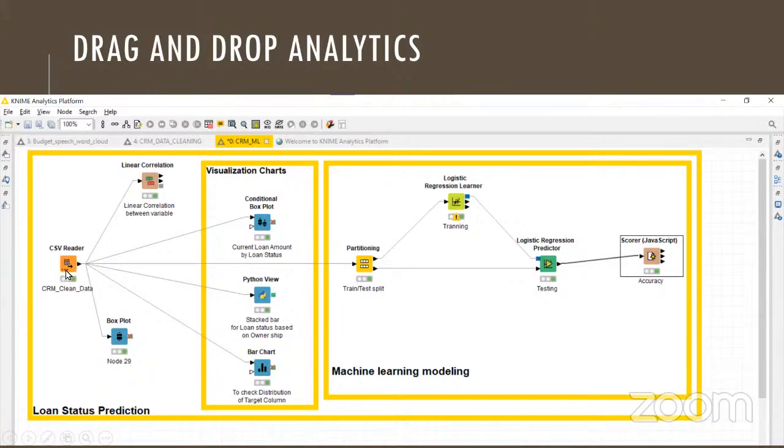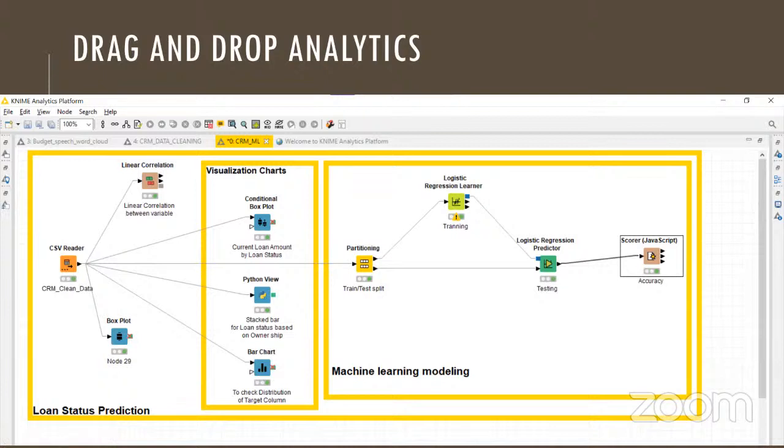As soon as I connect that Excel file, this CSV reader is a ready-made node which reads the whole file, and it tells me how many missing rows there are and what the average values are. So I get a complete analysis of it. Then I want to do some data cleaning, and then I want to draw some charts. I can drag a bar chart node, connect it, and configure that I want to draw a chart for rice production over the last 10 years.